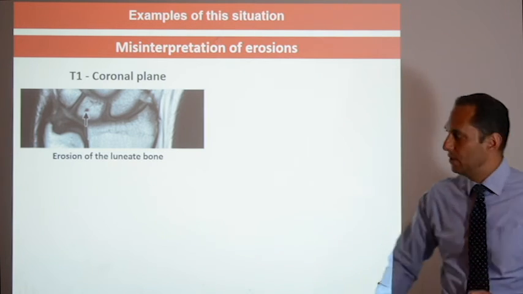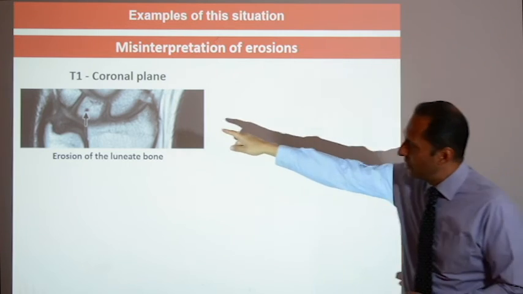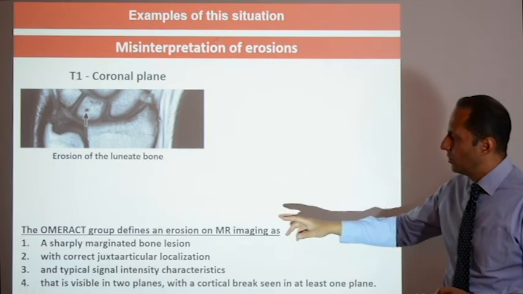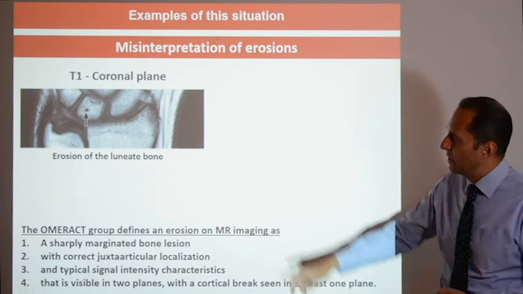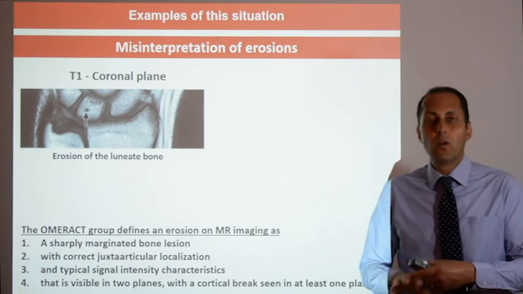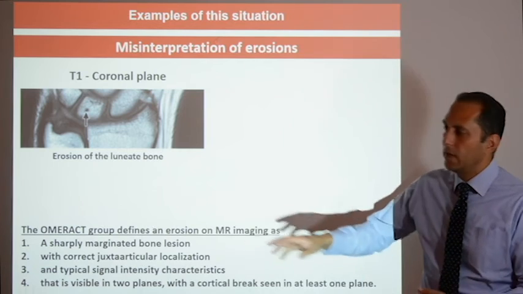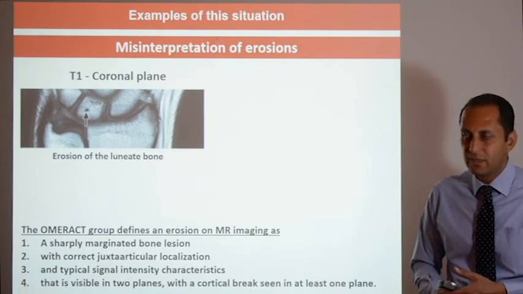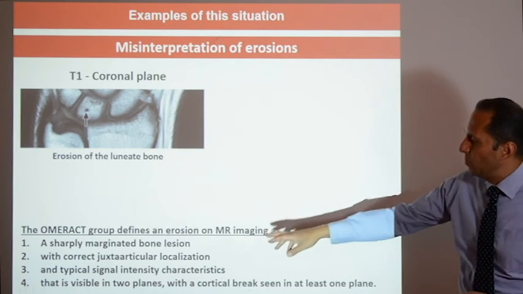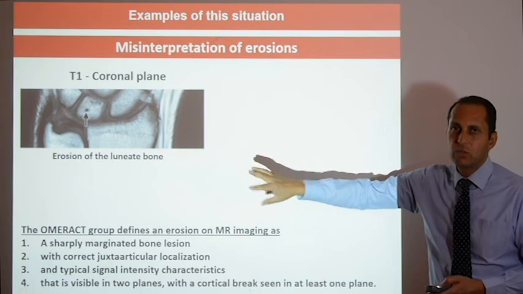bearing in mind those criteria, this is a T1 coronal plane. This is the anatomy. And there's that erosion in the lunate bone. So, according to our criteria, this is a sharply marginated bone lesion. Yes, it is sharply marginated. Correct juxta-articular localization. In a long bone, it should be near the epiphysis, periarticular. It should never be in the diaphysis or the metaphysis. In the carpal bones, this is acceptable. And typical signal intensity characteristics, well, so far so good, but you need to have